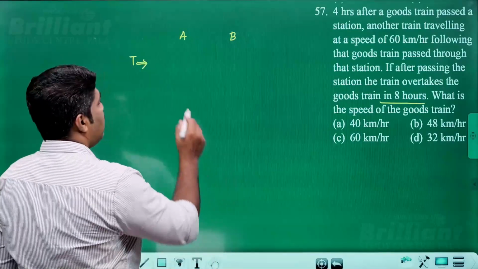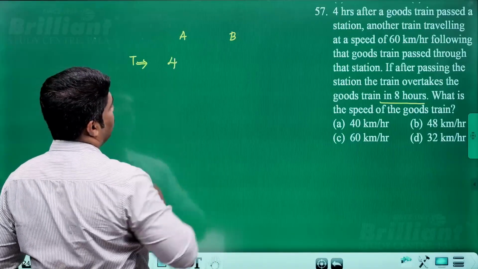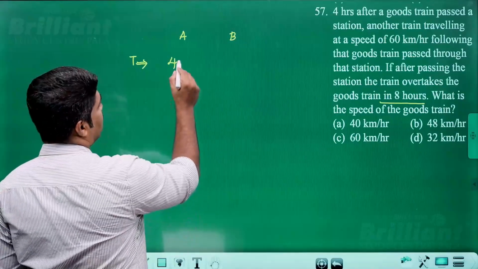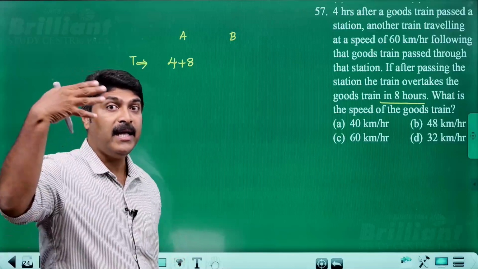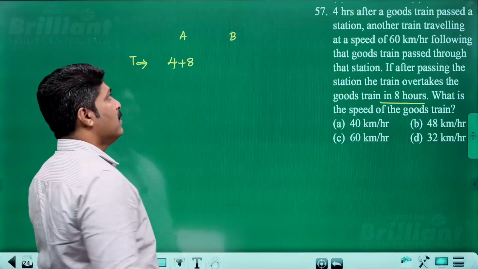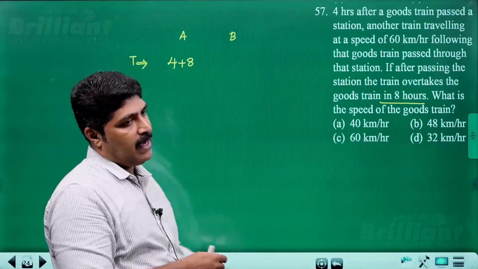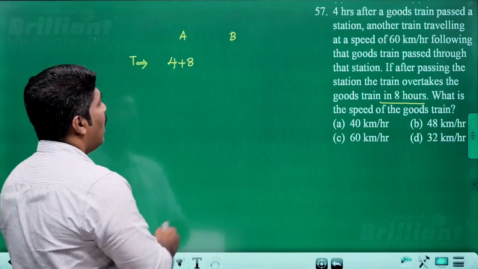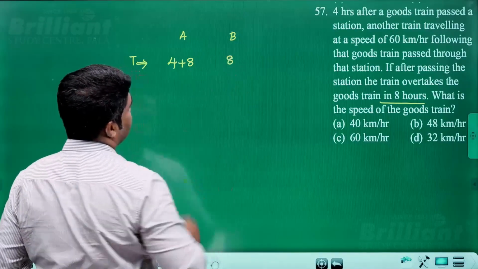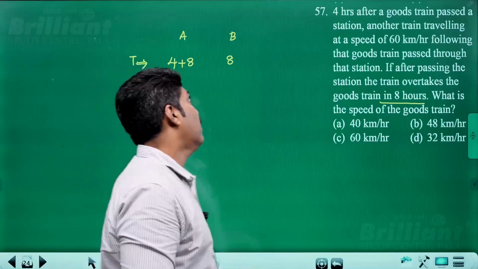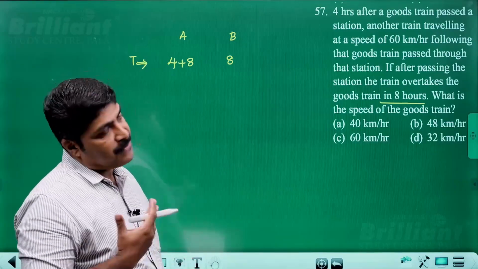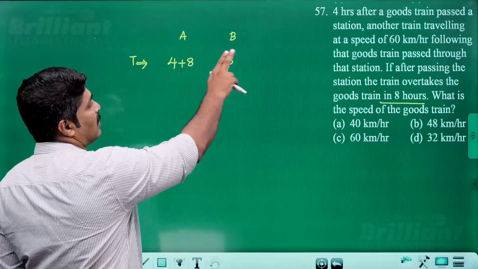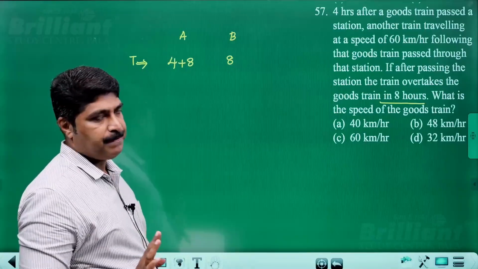The first train started, after 4 hours the second train started, and it took 8 hours to overtake the first train. Therefore, this overtaking instant occurred 8 hours after the start of the second train B, when the second train overtakes the first train. So this